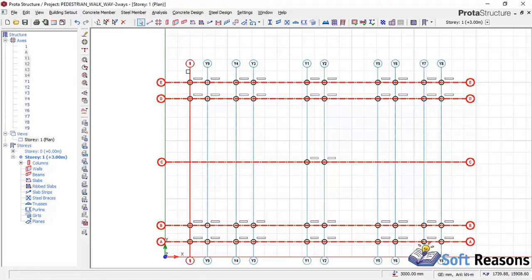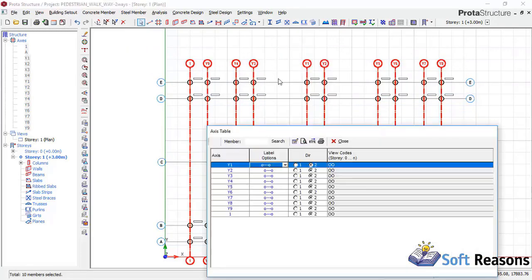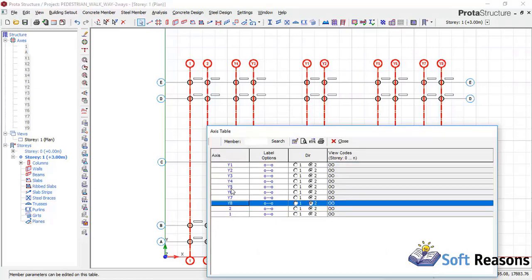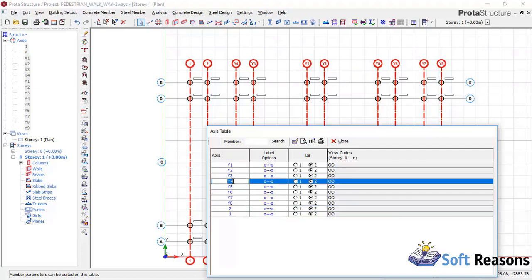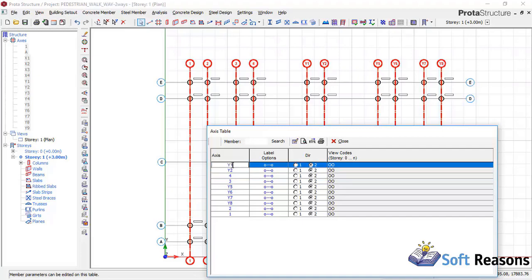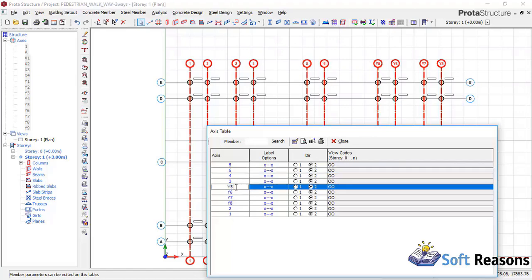You can see, in the vertical directions, I've already gotten this as 1. This is supposed to be 2, 3, 4, and so on. So I'll highlight all of that, right click, and click on property so as to change that. So the Y9 is supposed to be 2. Y4 supposed to be 3, and then Y3 supposed to be 4. Y1 supposed to be 5. Y2 6, and Y5 7,